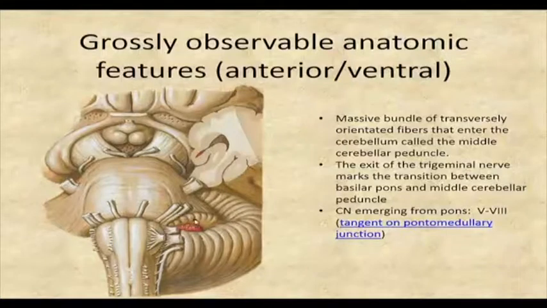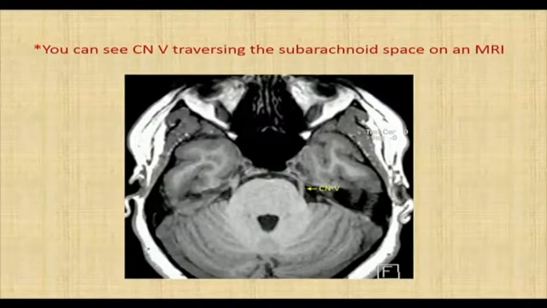We have other cranial nerves. I've reiterated that cranial nerve tangent on the pontomedullary junction. It's the same one from yesterday's lecture, but just in case you need that information, but you're looking at this one. So you can see cranial nerve 5 easily, or a lot of times easily, when you're looking at a